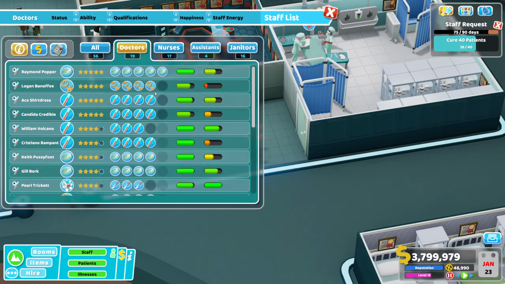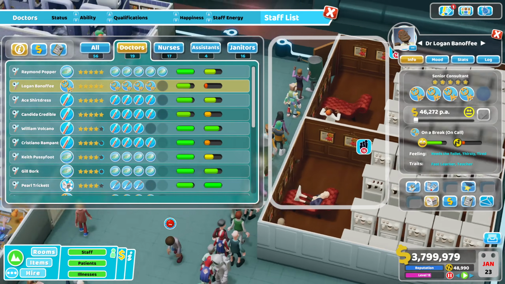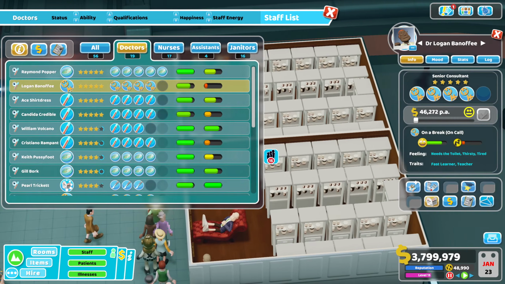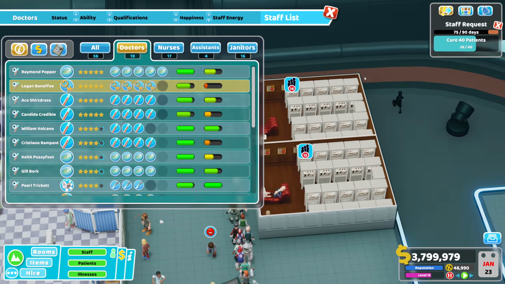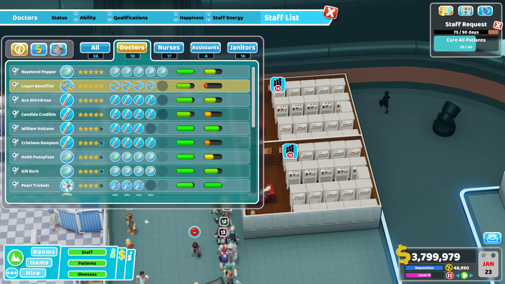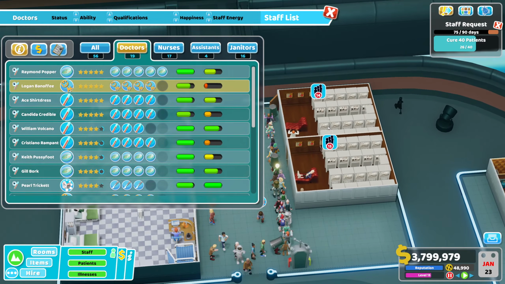Now, for the psychiatry. Psychiatry is going to depend on whether they are doing treatment and diagnosis or they're doing treatment. Personally, I have them doing treatment and diagnosis. I really need to get more psychiatry here, but I do have them doing both diagnosis and treatment. And if you're doing that, I recommend having level 5